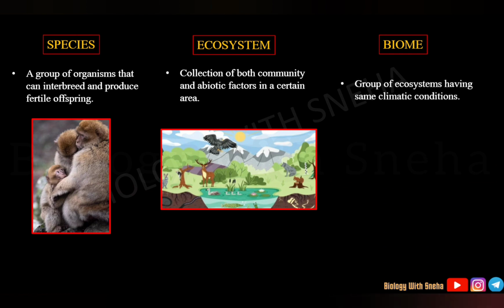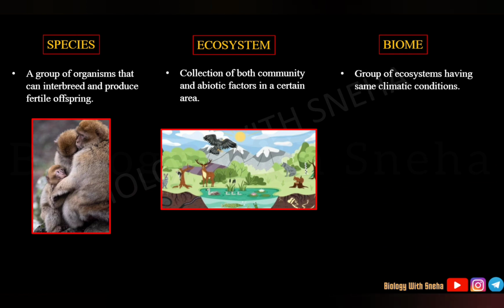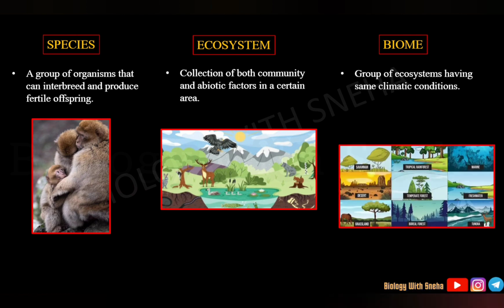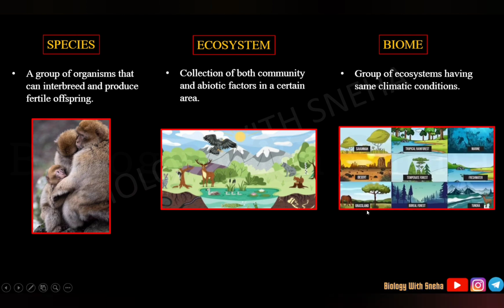Next, what is a biome? A biome is nothing but a group of ecosystems, we could say, having similar kinds of climatic conditions. So when we talk about a biome, we need to know that a group of organisms are adapted to those particular climatic conditions, right? For example, we have savanna, tropical rainforest, marine world, then we have deserts, temperate forests, fresh water, grasslands, boreal forests,